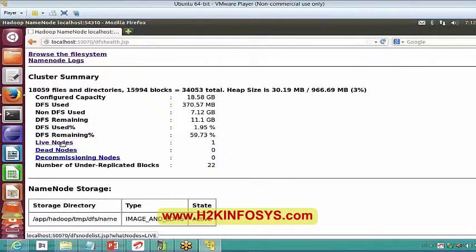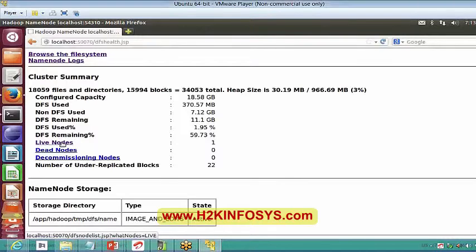As I am installing Hadoop in pseudo distributed mode, I have only one node, where all the processes are running on a single node. The name node is running on the same node and the data node is also running on the same node. That's the reason I am seeing live nodes as 1.